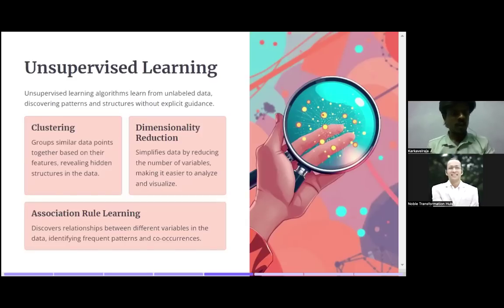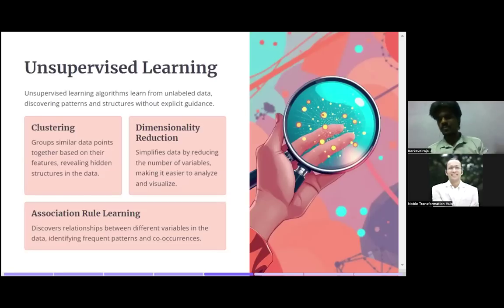Clustering is one of the unsupervised learning techniques where we cluster the data based on their characteristics, as I mentioned now. Dimensionality reduction: you already know about it, going from high dimensional data to low dimensional data, used to reduce the number of features. If we have 1,000 features and only 10 of them are important to predict the target, then we can go for just those 10 features. That is dimensionality reduction.